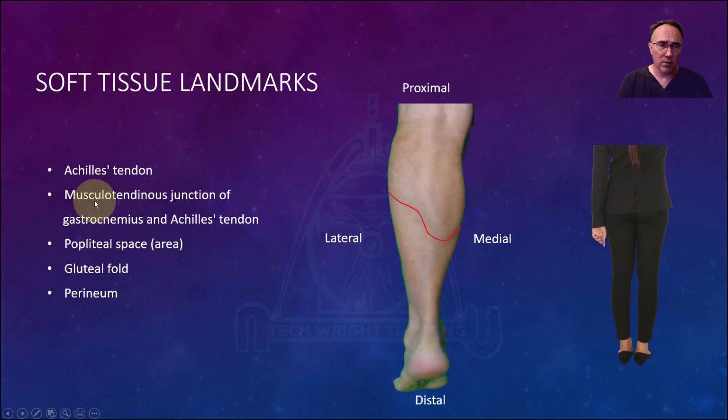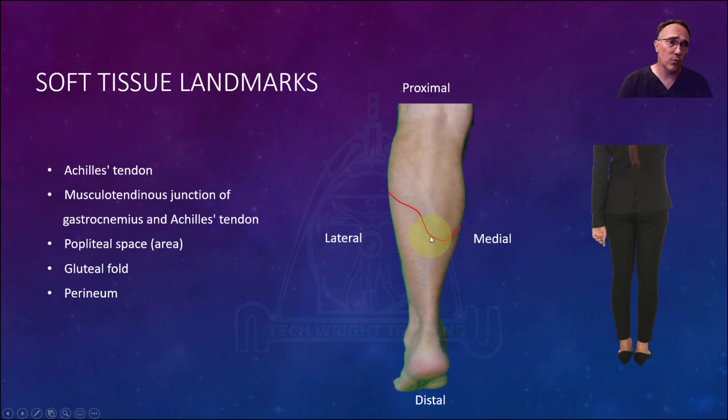Then we have this big, long sentence here almost, and it's the musculotendinous junction of the gastrocnemius and the Achilles tendon. So we got our Achilles tendon here, and then up here we have our gastroc. It's kind of these muscles that stick out on the back of the leg. The gastroc plantar flexes your foot. But this junction between the Achilles tendon and the gastroc, the belly of the gastroc up here, the muscle,